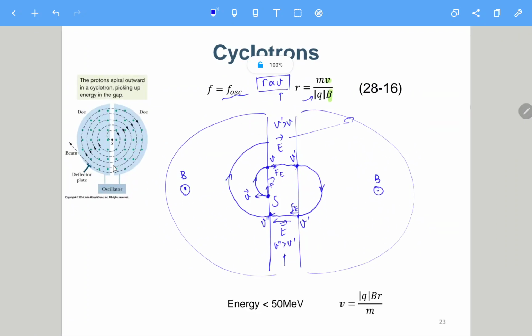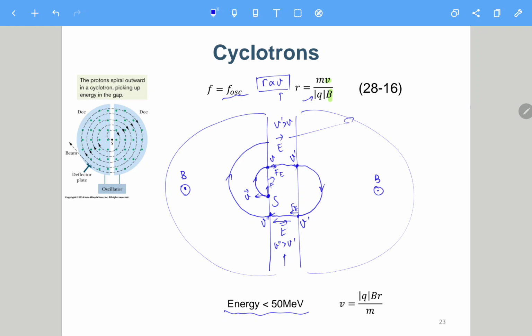Actually, there is a limitation here, that the energy of this synchrotron cannot be larger than 50 mega eV. So the energy is not really large. The idea is that we need to generate a large B field in this whole area and also this area, and in chapter 28,